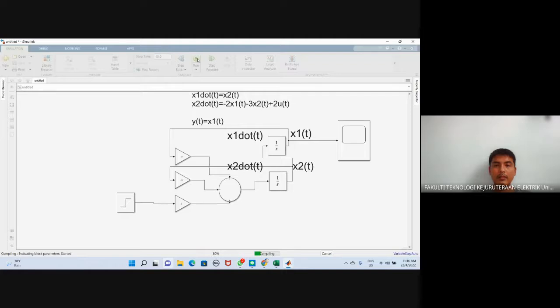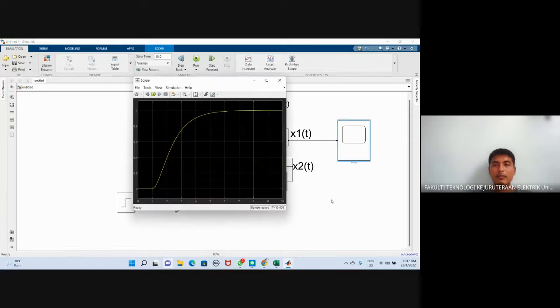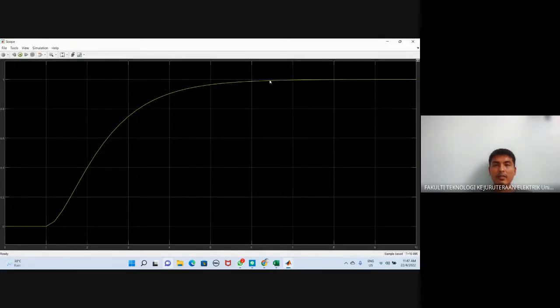Run. Okay. And then you just double click the scope. Okay. Double click the scope and see the results. All right. So based on your observation,